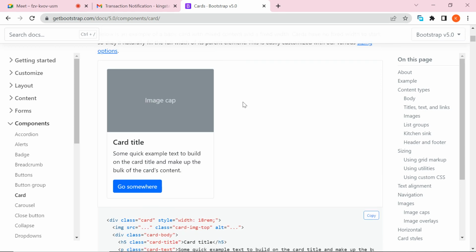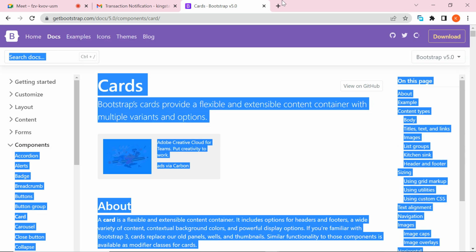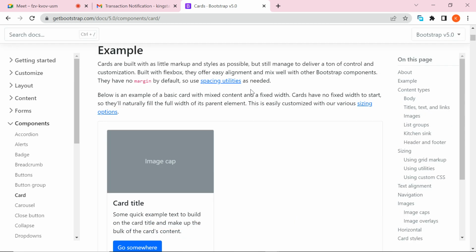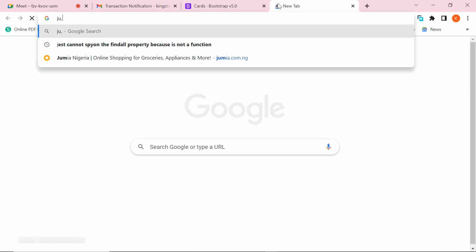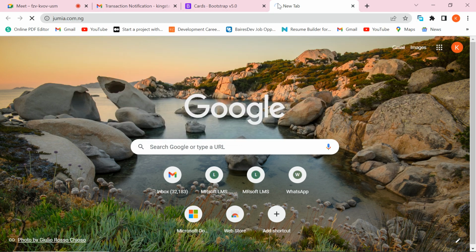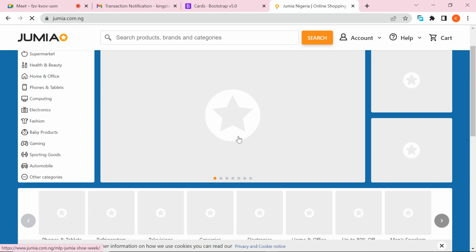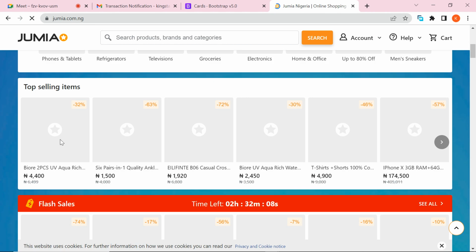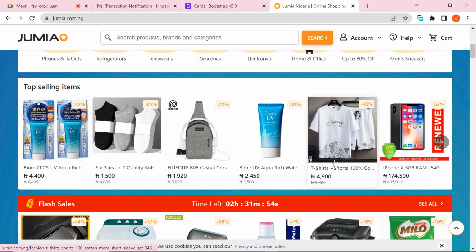All right, this is what I want our product cards to look like. Now, if you look at the site, we come back again to jumia.com. Then we look at each product, and you see they are just like our card product, each of them. And from their site here, you see at this point they have about